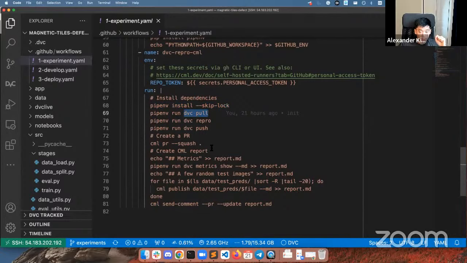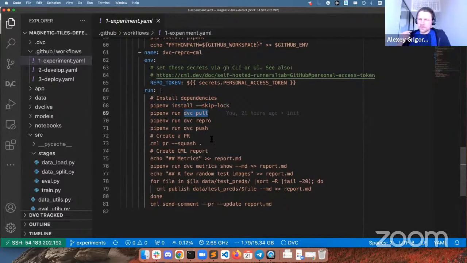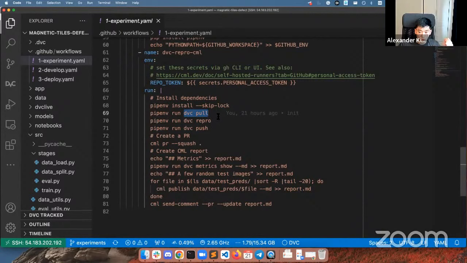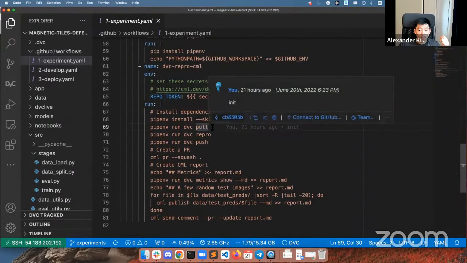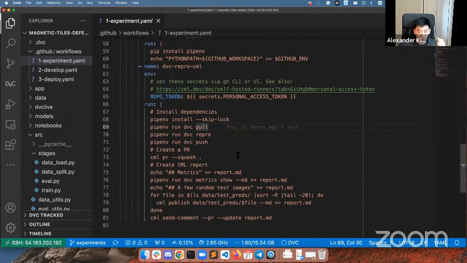This command, DVC pull, pulls all the data from the remote storage, but it's specific to that commit. So it will pull the appropriate version of the data that I need, rerun the pipeline,